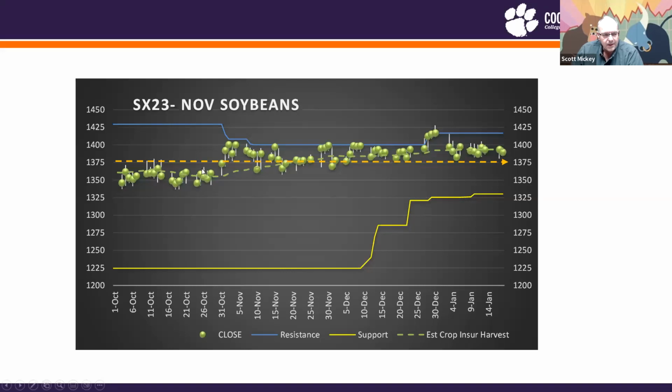Soybeans has a little bit different price history. We can see there's not been much change since the 1st of November. We've traded from about 13.75 or so. The high has been just a little bit over 14, or a couple of days when it pushed 14.20, but it's been relatively flat since the 1st of November. Having said that, current price of 13.93 is still better than the Floyd Farms break-even price of 12.38.